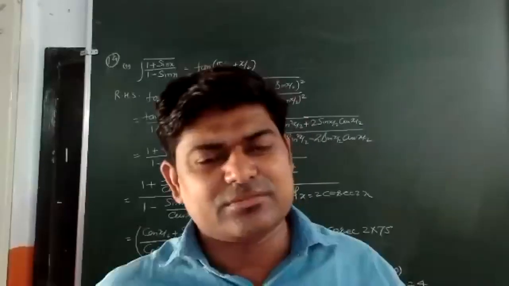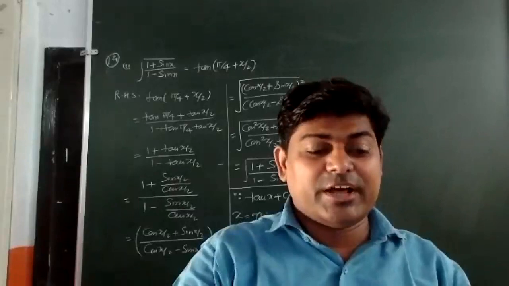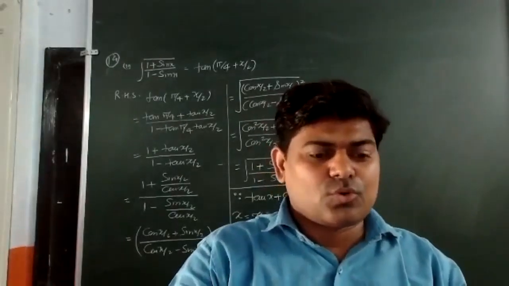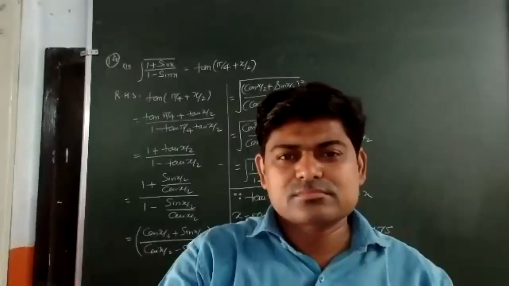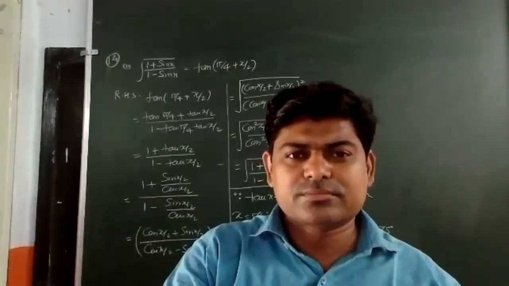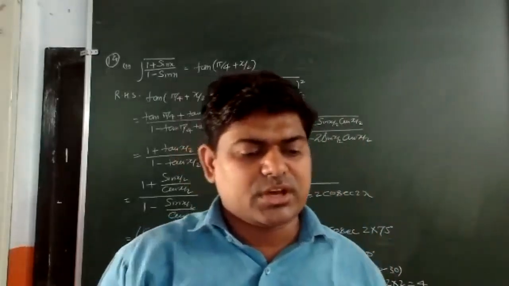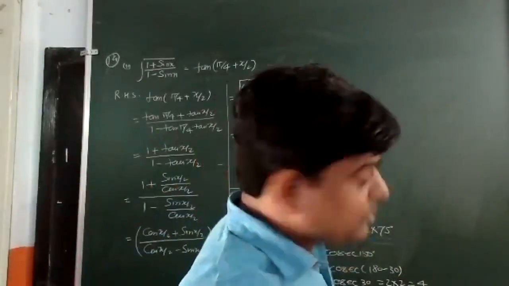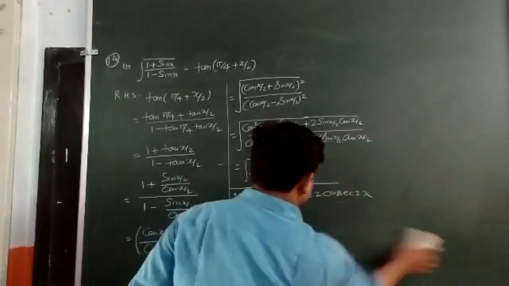But in the first one, you will have some problem. In the first one, we do not have any formula where we can directly use tan of a plus b into tan of a minus b. So what do I have to do in this one? This is a little bit lengthy. Some simplification will be required. Should I do the first one? Okay. 16th first one you can see, and then after that I'll try to solve all these questions.